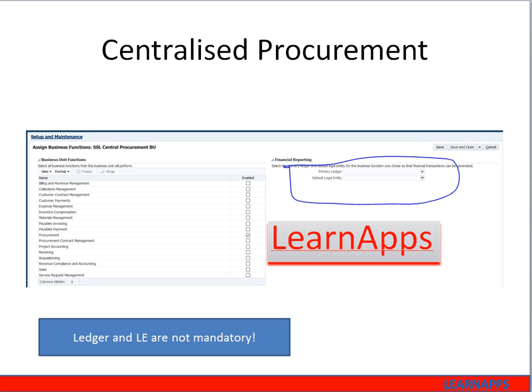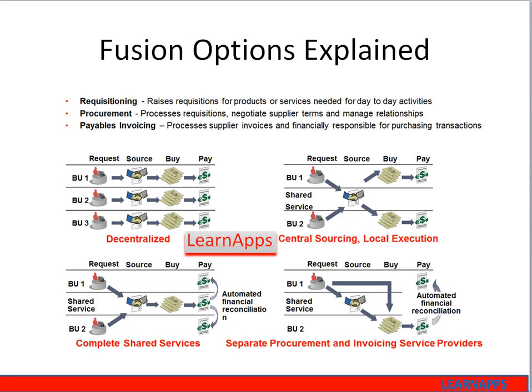When you are going to select only the procurement function, as you see in the screenshot on the right side, there is no primary ledger and legal entity. Primary ledger and legal entity are not mandatory. The system will allow you to create it as a central procurement, where, in this scenario, if you go back to your previous screenshot, the request organization will request for any goods to be purchased, and the central procurement, where we are